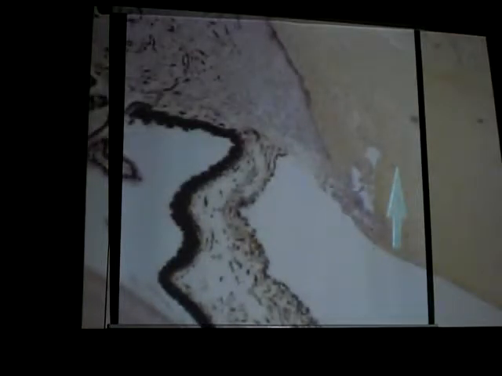Alright, so let's go to low power. Alright, so it's a huge structure, so once we go to low power, then you have to remember what it is, that's where the orientation comes in. Alright, so we know this is our cornea, so this is the front of the eye. Alright, if we go all the way around, then that's where we have our iris. This would be our lens here, or what's left of it. Alright, this is the ciliary body on that side. Alright, so on the cornea,